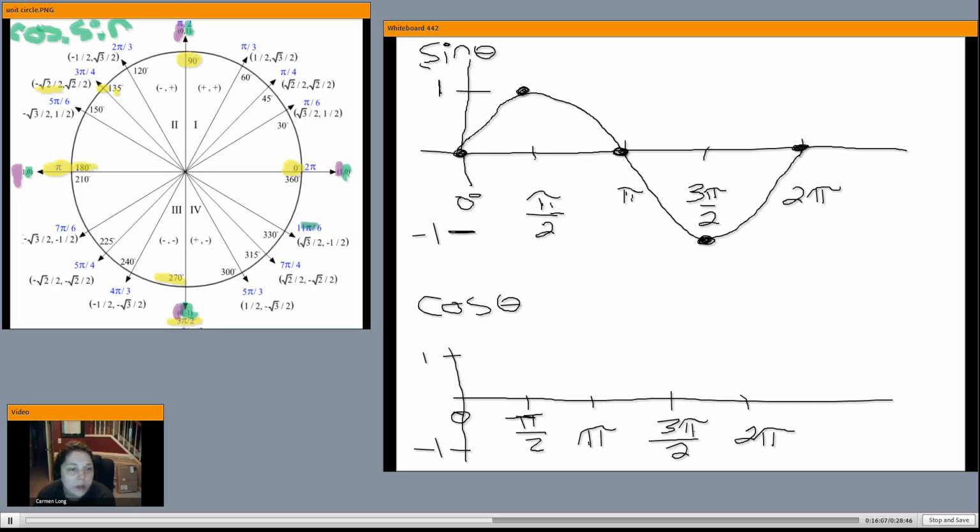So at 0 degrees, or 2 pi, or 0 pi, cosine is 1. So I'm going to have an ordered pair. And at 90 degrees, or pi over 2, cosine is 0. Remember, cosine is the first part of the ordered pair, so I'm going to have a 0. And then at pi, or 180, my cosine value is